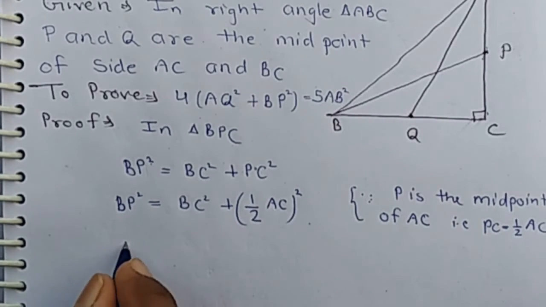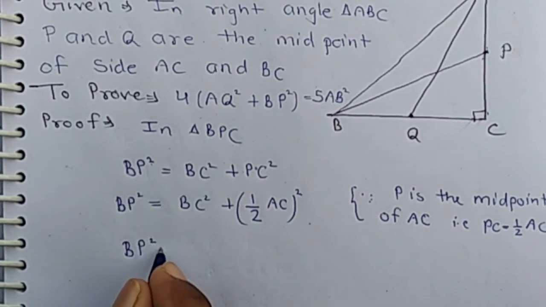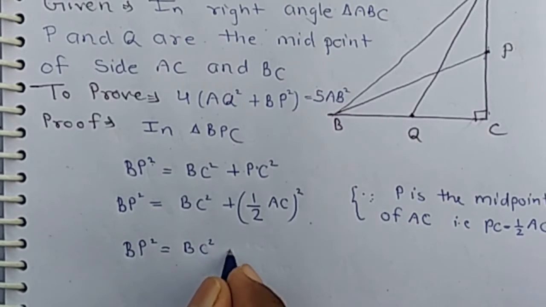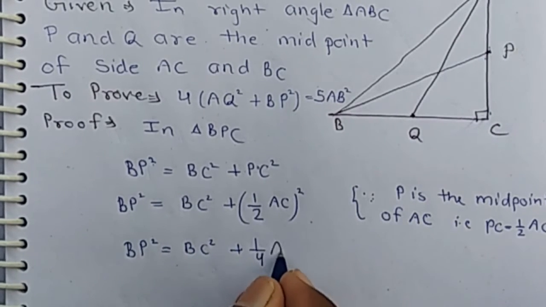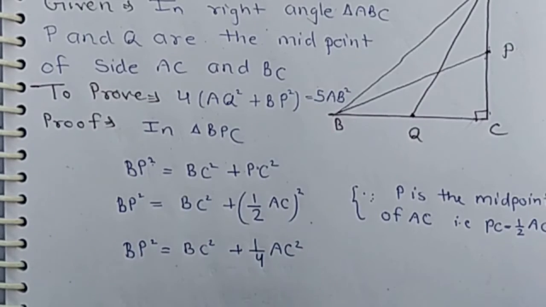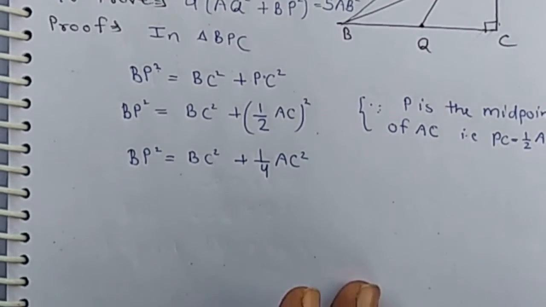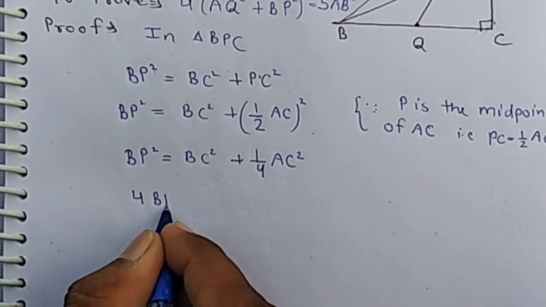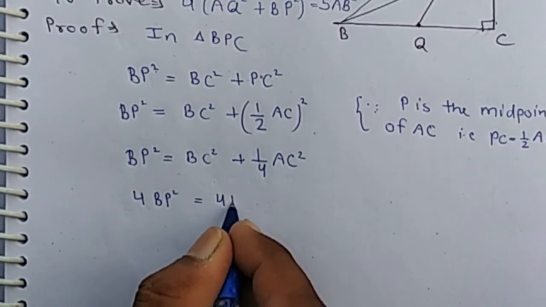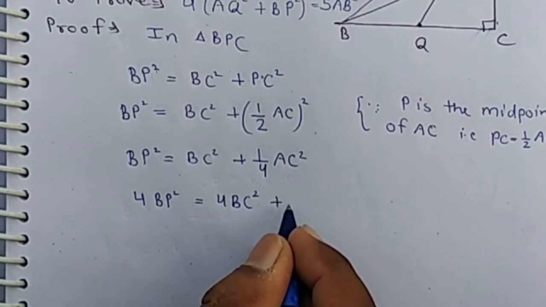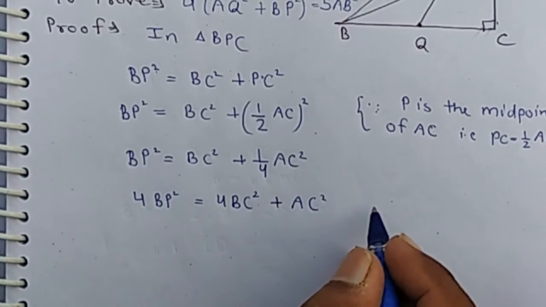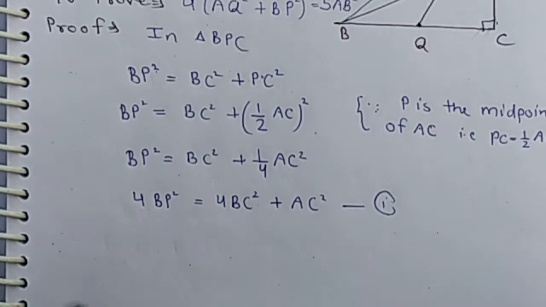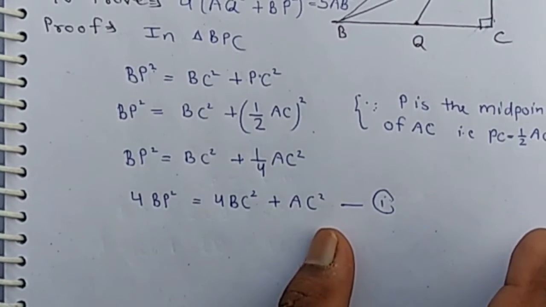Then the equation becomes BP square equals BC square plus 1 by 4 AC square. Now multiply the whole equation by 4. We have 4 BP square equals 4 BC square plus AC square. It is equation 1. Similarly, in triangle